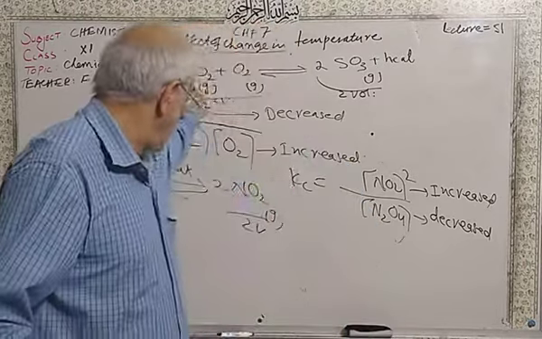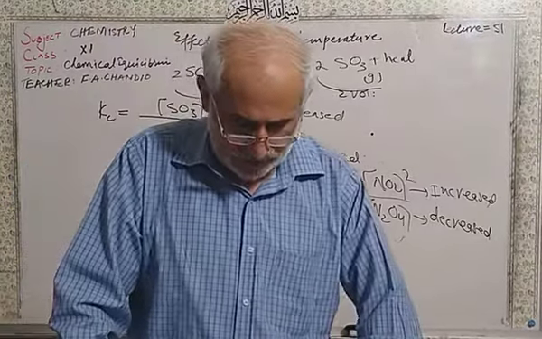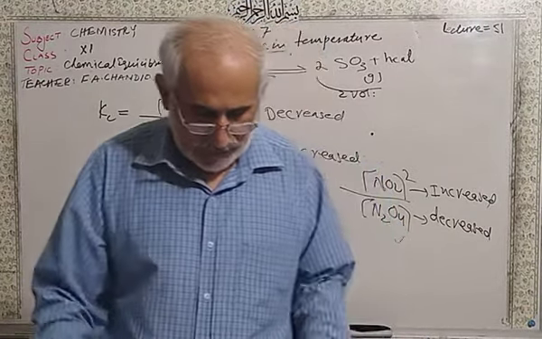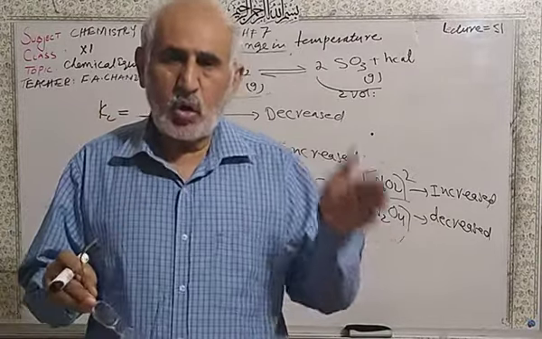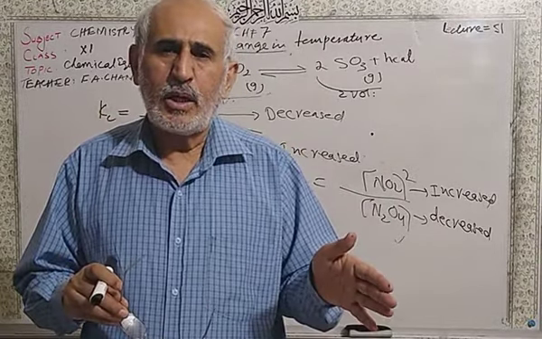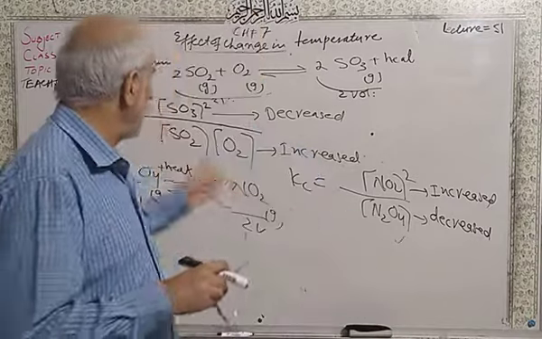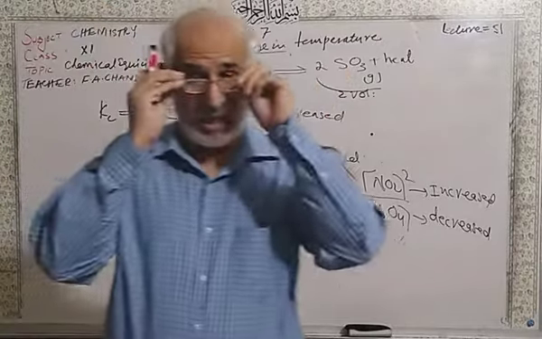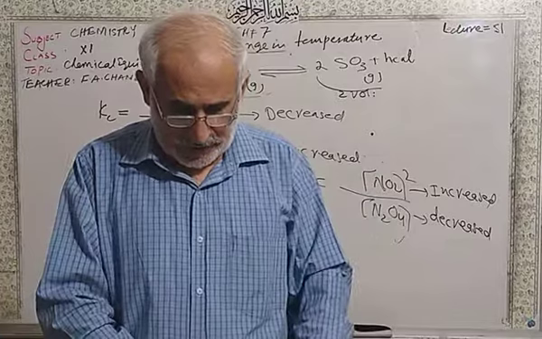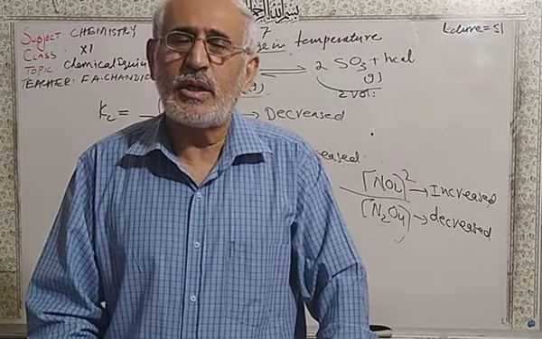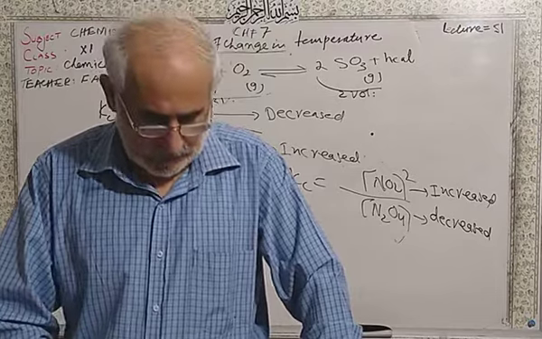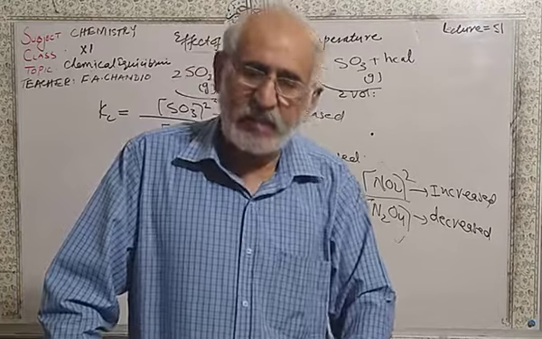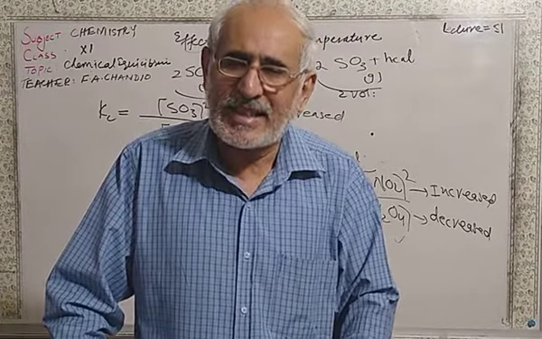So you are seeing in the equilibrium constant Kc value, and that is why at low temperature the reaction is favorable to form the products. At low temperature, the value of Kc is very high. Can you see your book? 298 Kelvin means room temperature. The value of Kc is very high, 10 raised to the power 26.